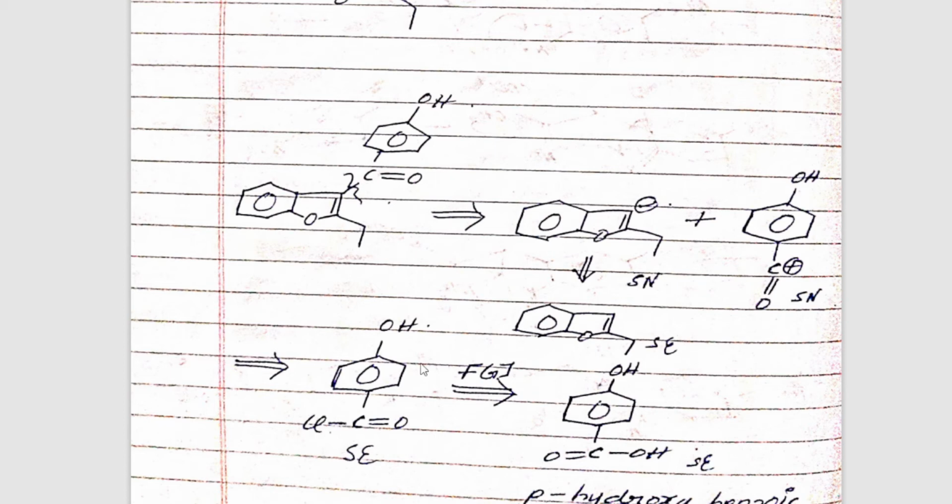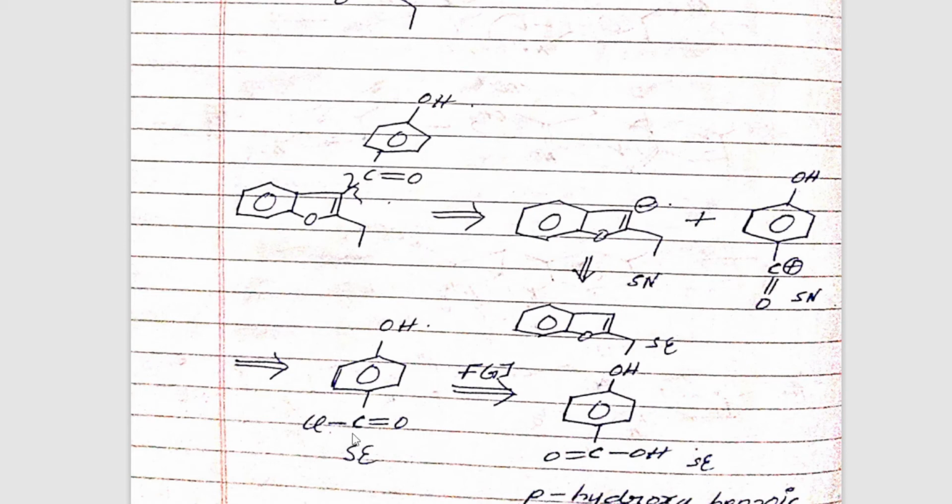That would be benzoic acid, benzene ring and C double bond OH. Okay. And there is one hydroxyl group on the para position. So it will be a para hydroxy benzoic acid. That is very much available in your laboratory and it is easy. You know, a lot of reactions involve para hydroxy benzoic acid and you can easily add that compound to your other part, that is this synthetic equivalent.